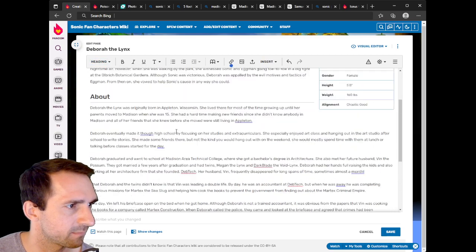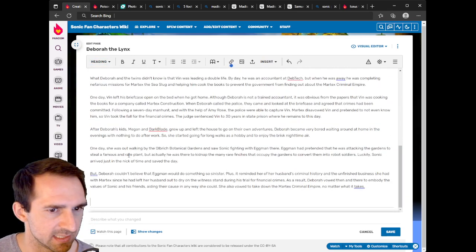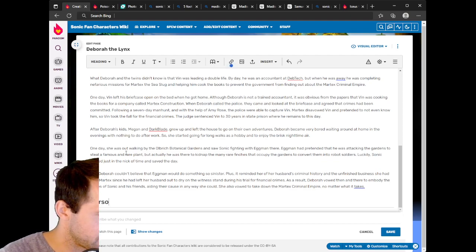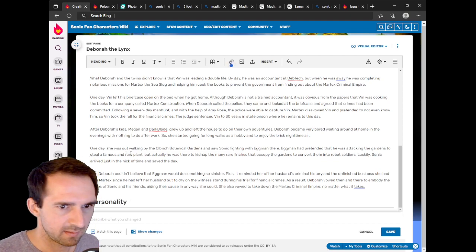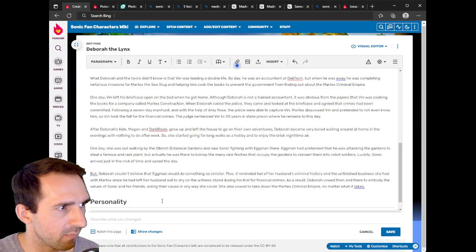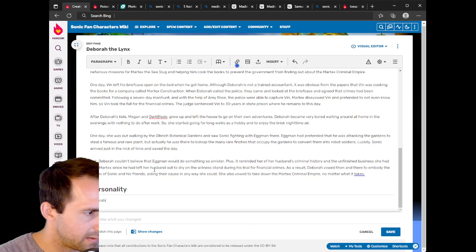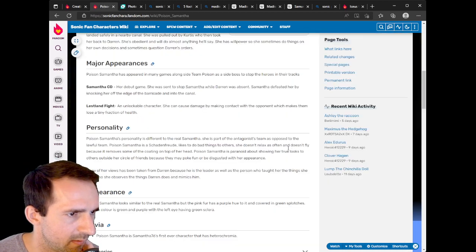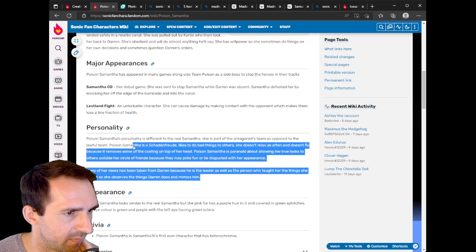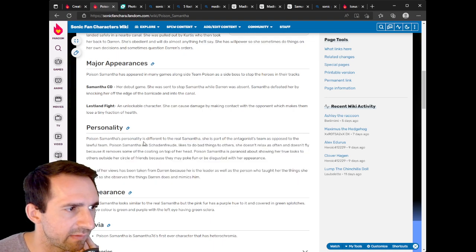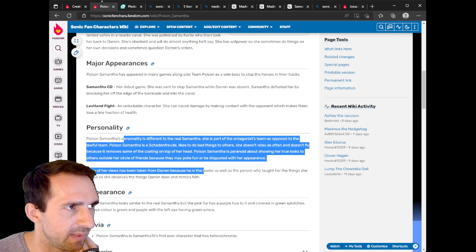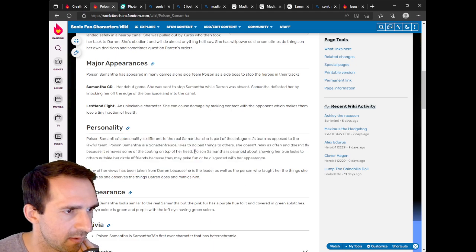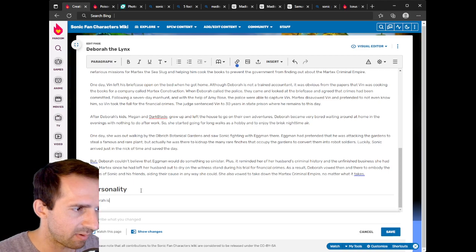Heading. The next section is going to be personality. What kind of personality does she have? So we'll say Deborah is, how did they describe Poison's personality? Okay, this is an important thing to note: the personality is being described in reference to other people's personalities. So I think that's a good note for us to take. Personality. Deborah is